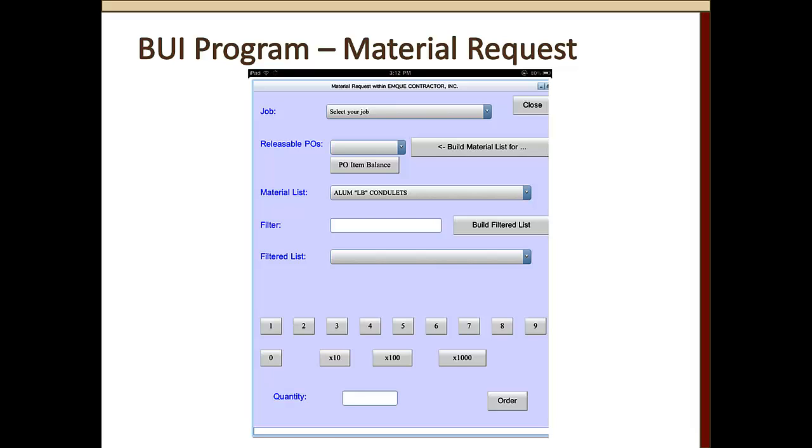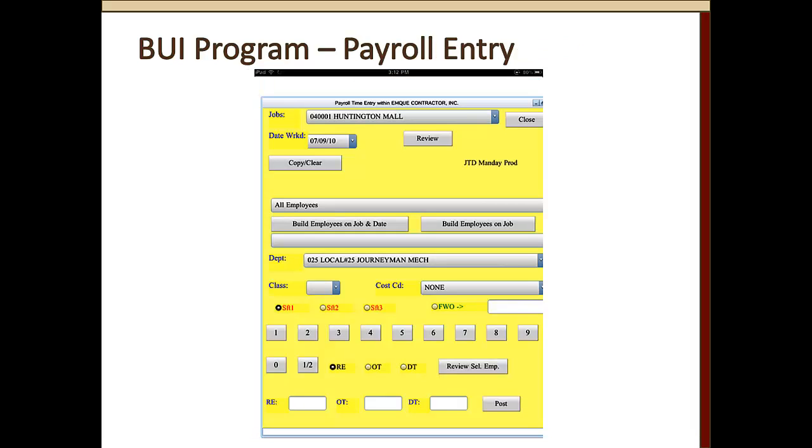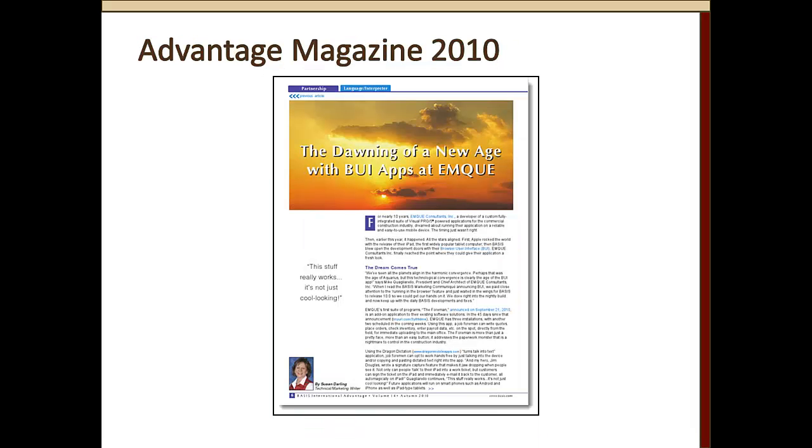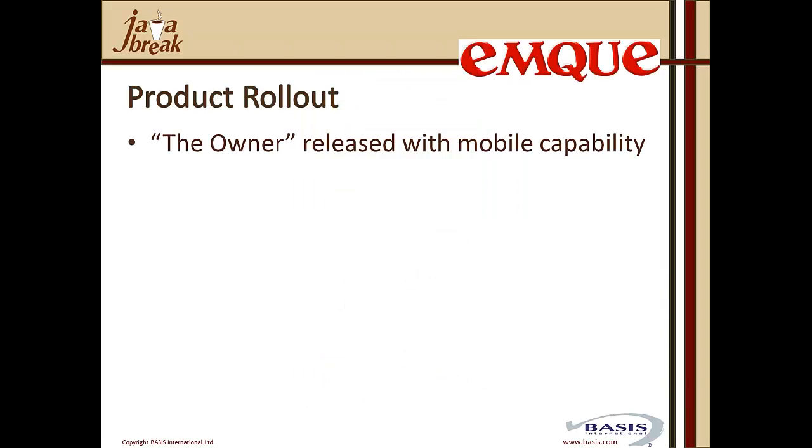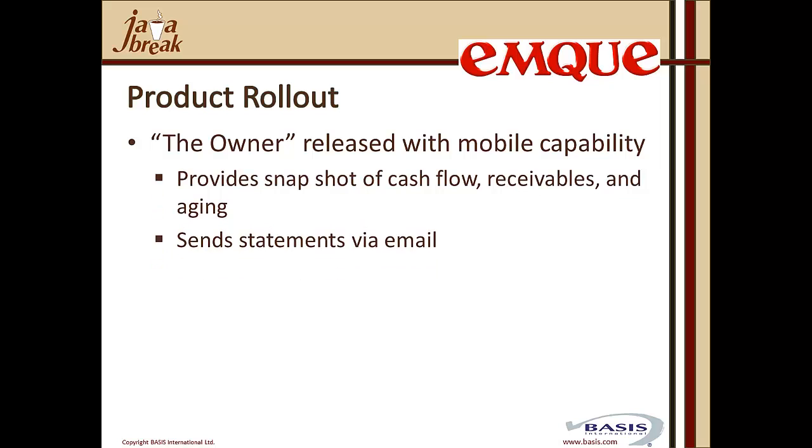So this is what the material request form looked like on the iPad, and then the iPad version of that payroll entry that we saw earlier in Visual Pro 5. We went on to report on their success in the Advantage magazine article of 2010, the dawning of a new age of BUI apps at EMQUE, and then they subsequently rolled out the owner, released with a mobile capability to